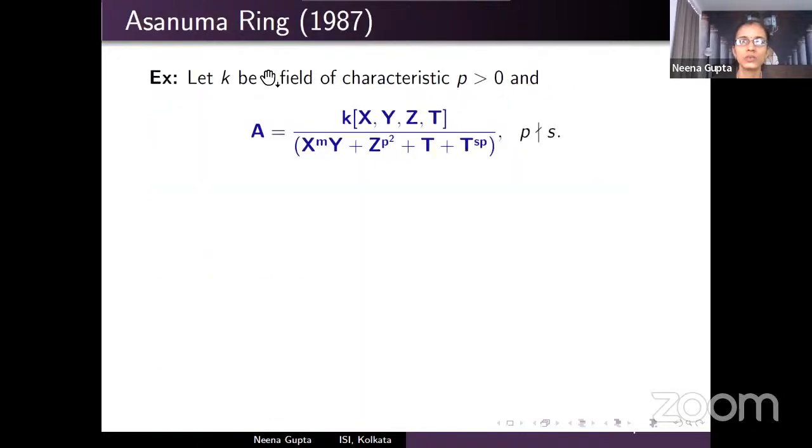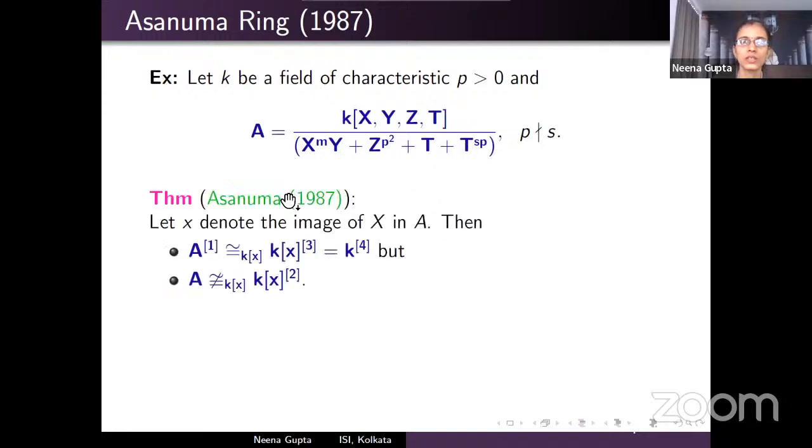So this is a ring due to Professor Asanuma. Here K is a field of positive characteristic P, and A is this ring, where this is the property of this ring. M is any integer. This ring was considered by Professor Asanuma in 1987 in the context of the affine fibration problem, which I will be discussing. So it was very important in deciding many important results in affine algebraic geometry. Say, for instance,